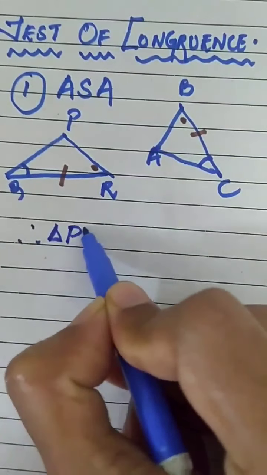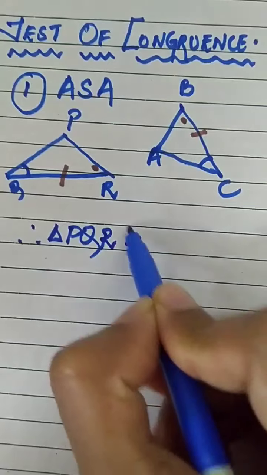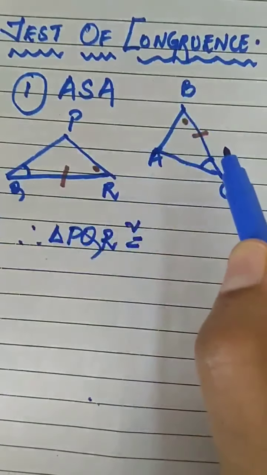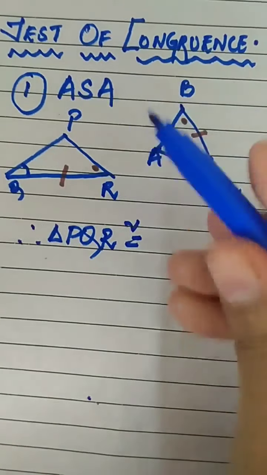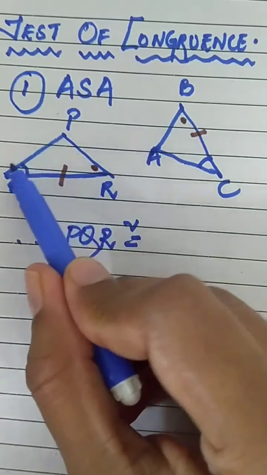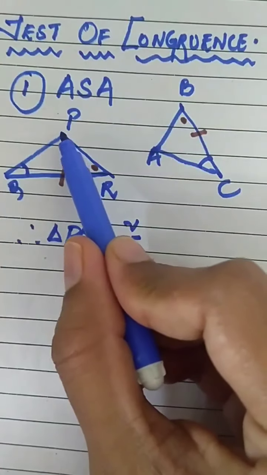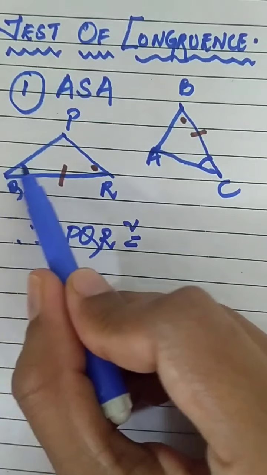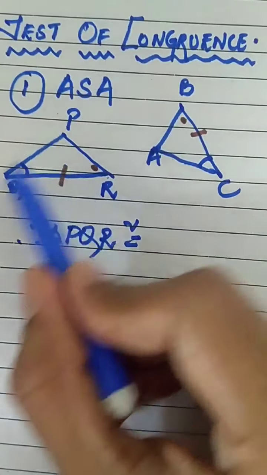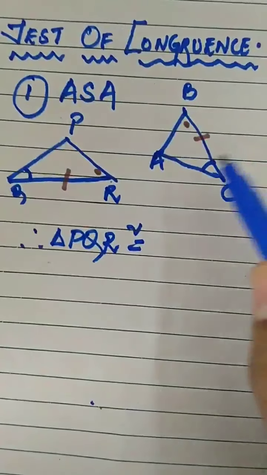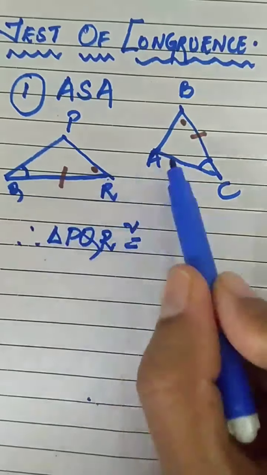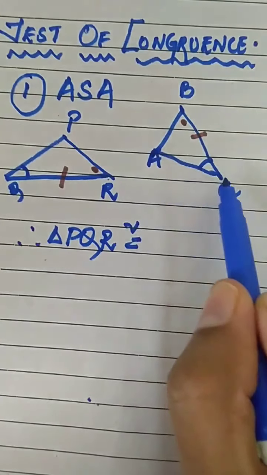Therefore, triangle PQR congruent to. Now see how I have written the name. Same way you have to write the next triangle's name. Just check how I wrote PQR. I went from nothing marked side, PQR, that is nothing marked side, then covered this angle and to single marked side, this side, PQR. Same way you have to take this triangle's name. So nothing marked side is this one, and then I want the angle. So this will be triangle ACB,